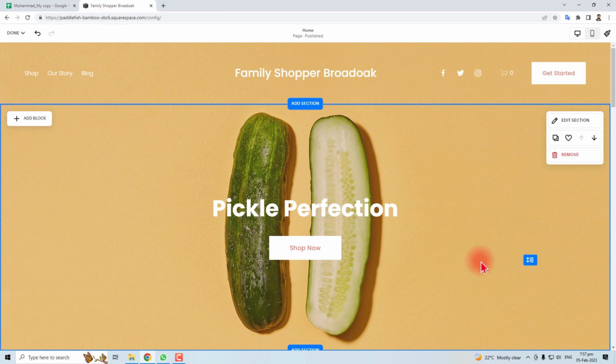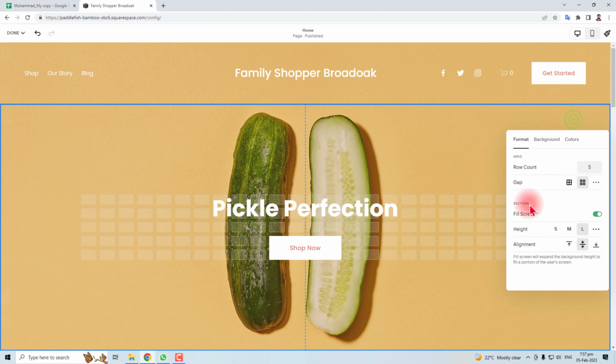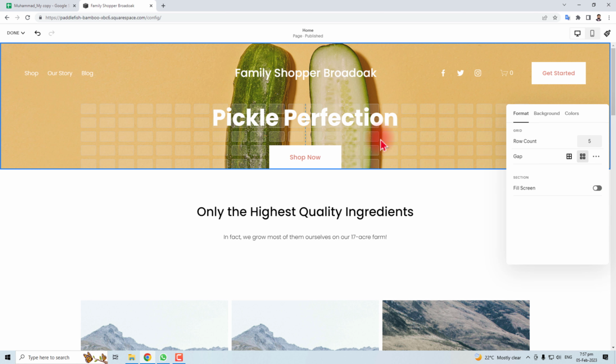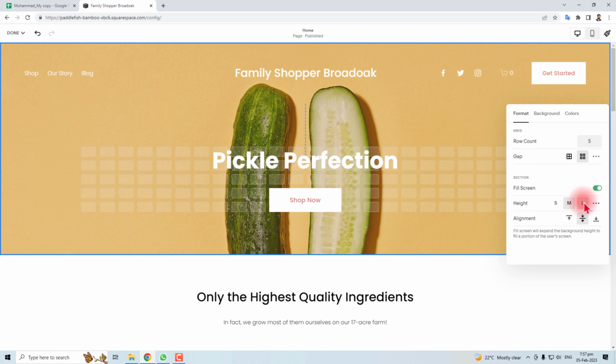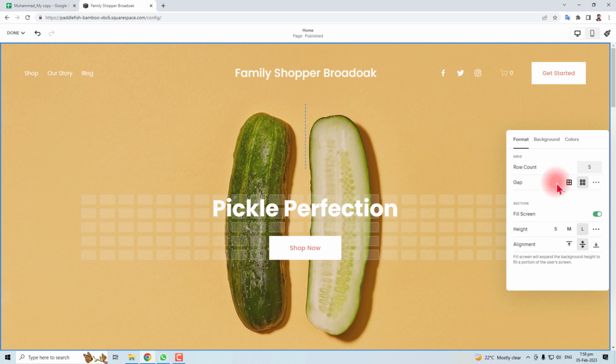Now I'm going to edit this section. This section has different elements. When you edit this section, you will see some elements here, like the format, row counts, how many rows are here, and the gap between rows, fill screen or not. You have to click here. You can see the effect of this. So I'm going to retain it, and you can choose small or large from here, and then you have to go to